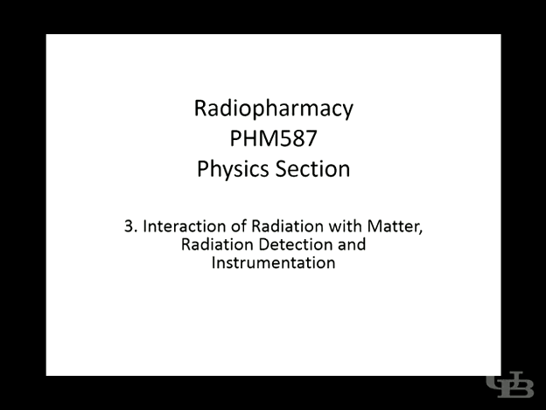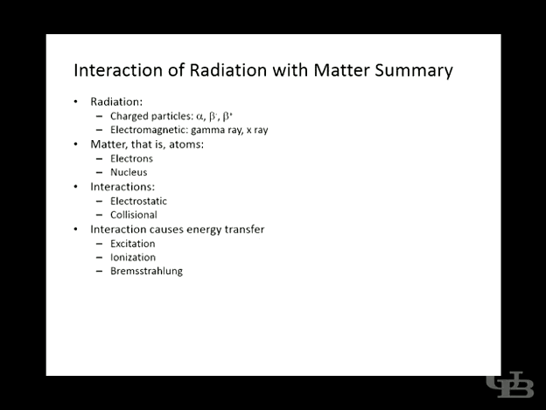Okay. The third lecture, or third chapter, is about interaction of radiation with matter. That serves the purpose of the theory behind radiation detection and the design of radiation instrumentation. The radiation that this lecture or this course covers includes alpha particle, beta minus, and beta